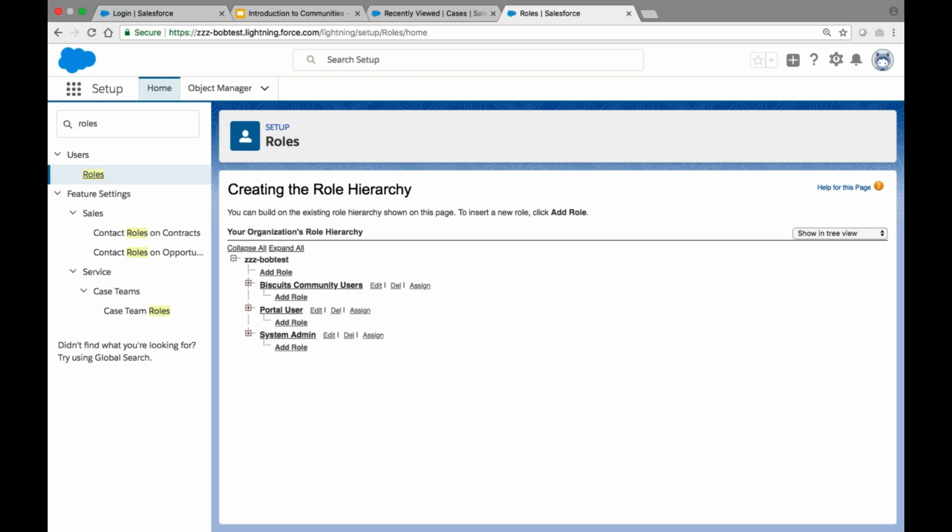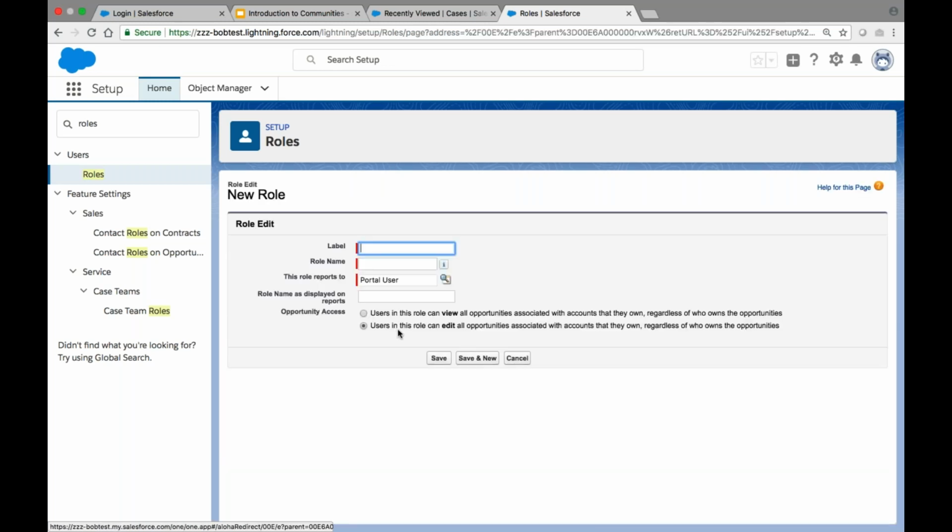Click the Add Role link where you want the role to exist in your hierarchy. I'm going to add it to my custom Portal Users role in my hierarchy. I'm going to name it Scones. This role reports to the portal user in the hierarchy.